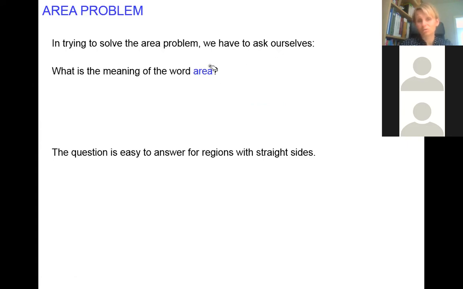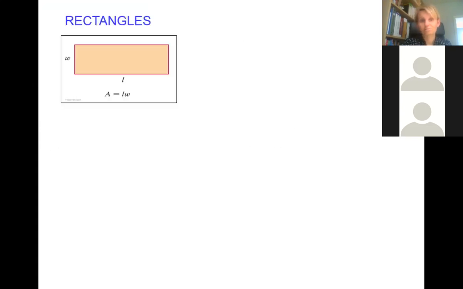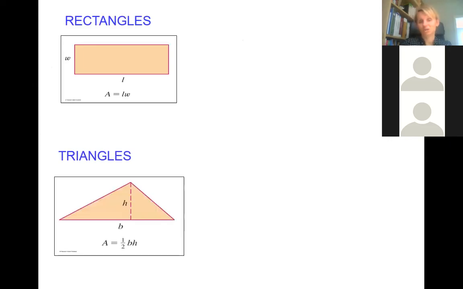We know how to find the areas of some shapes, especially if all of the sides are straight. Rectangles: length times width. Triangles: 1/2 base times height. And maybe something fancier,